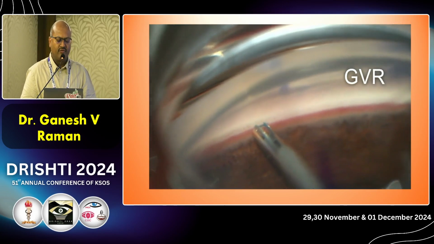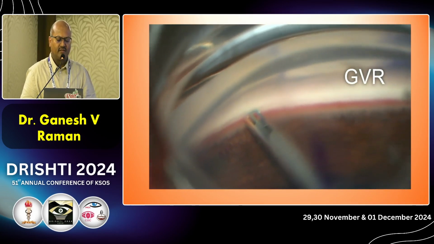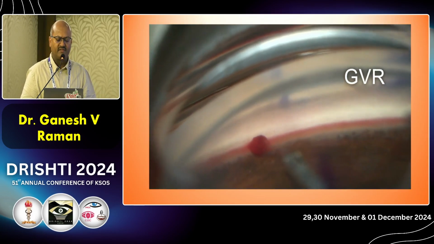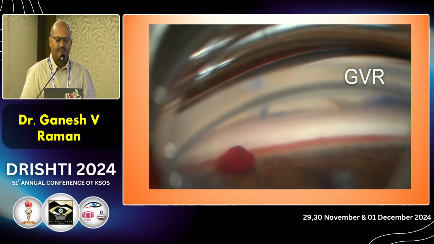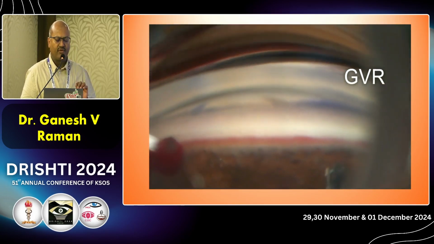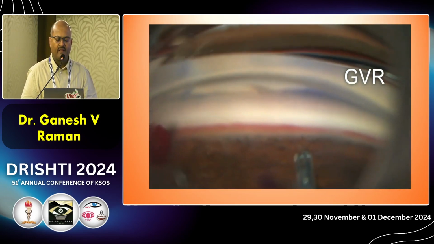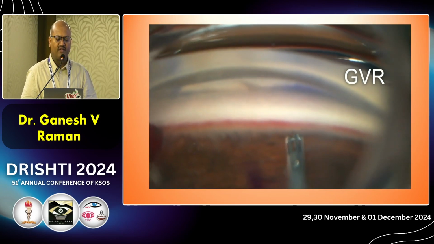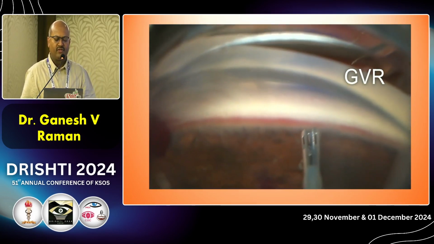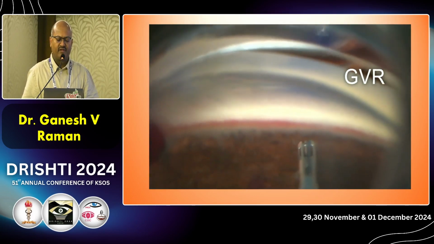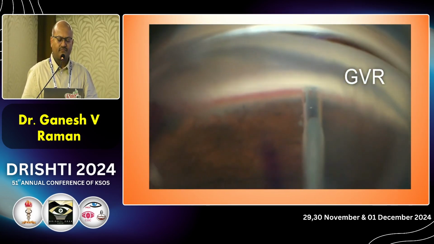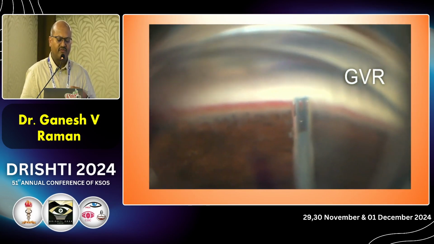So it comes preloaded, and then you shoot 2 devices, one after the other. So it requires a little bit of learning curve, but otherwise it's very easily performed. And then you turn around. The idea is to insert the inferior one first, and then do the superior one. If you do the superior and the blood regurgitates and blocks the view, then you won't be able to do the inferior again. So do the inferior one first, so that the blood goes down because of gravity, and then you can shoot the second one. It is quite costly, so we offer it to patients with mild to moderate open angle glaucoma